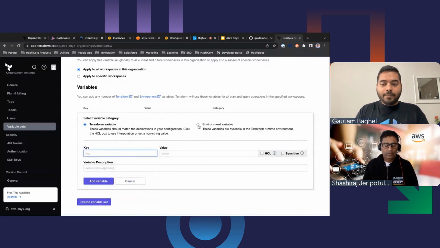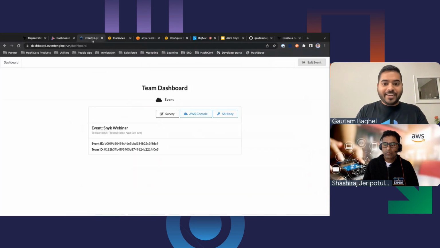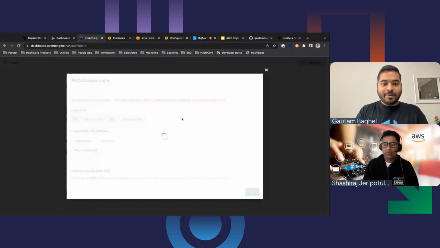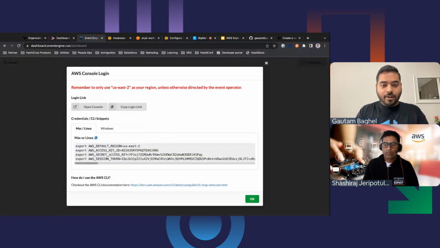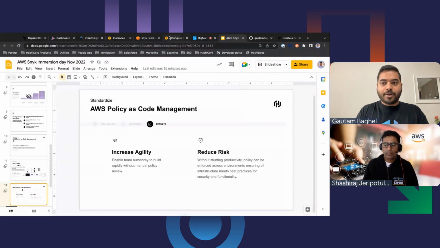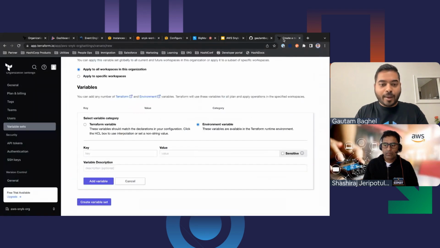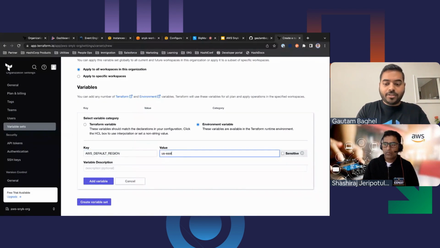So I'll come here, and I'm not as secure as you, Marco. So I'm just going to go back to my event engine, go to my AWS console, and I can see all my variables right here. The default region is US East 2, so I'm going to copy it. Sorry for the hop. Okay, so the key becomes AWS_DEFAULT_REGION and the value us-east-2.